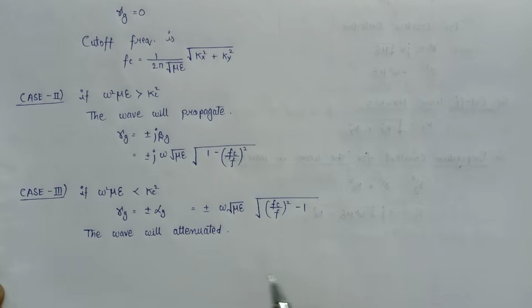This means that if the operating frequency is below the cutoff frequency, then the wave will decay exponentially and there will be no wave propagation. Therefore, the solution to the Helmholtz equation is given as